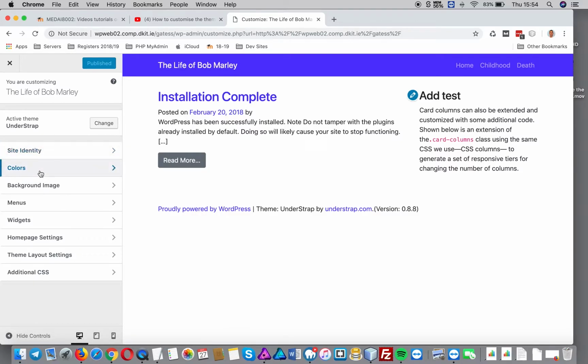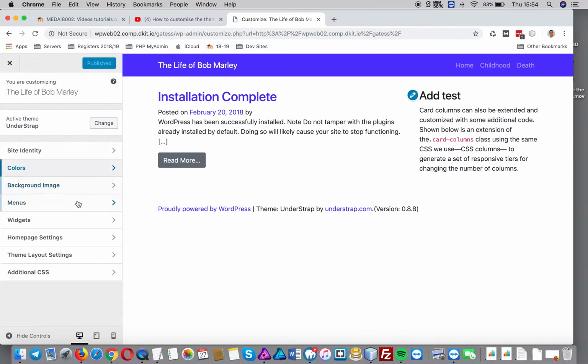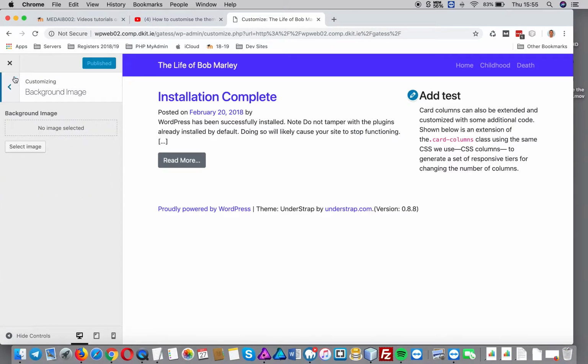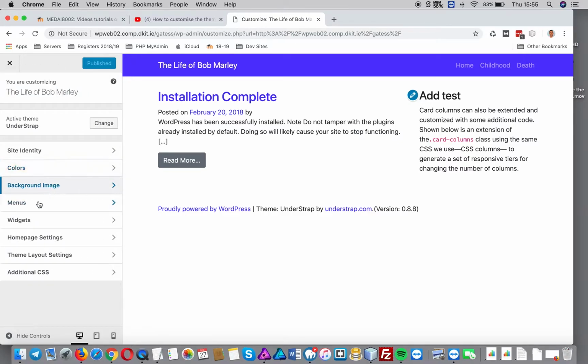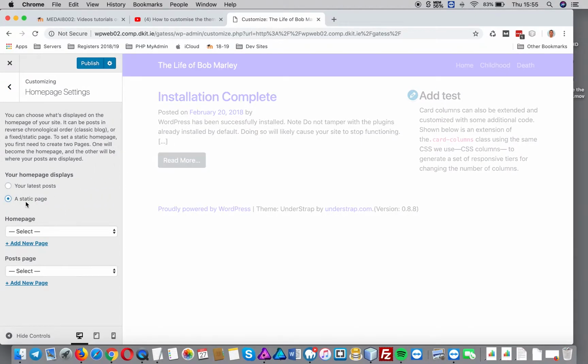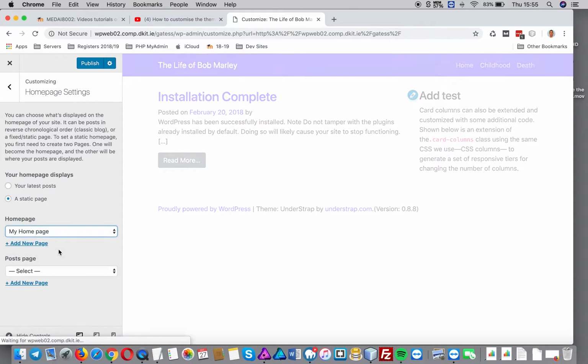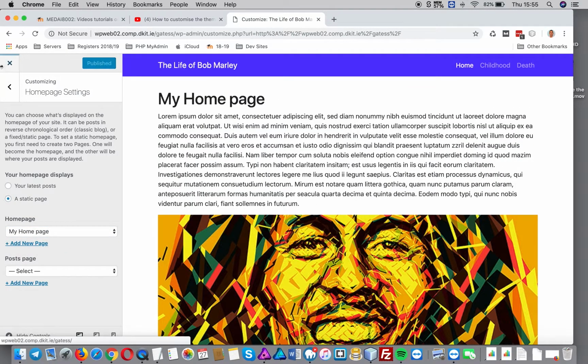I also want to, I mean, we can change colors here, but I think this is for people who don't really know anything about CSS. So I would leave this. Menus is probably something you'll be going to. Widgets we'll talk about in a separate video. Homepage settings, you want to just basically, unless you're going to do a load of blog posts, which I don't think you are, select a static page, and it's going to be my home page as the actual